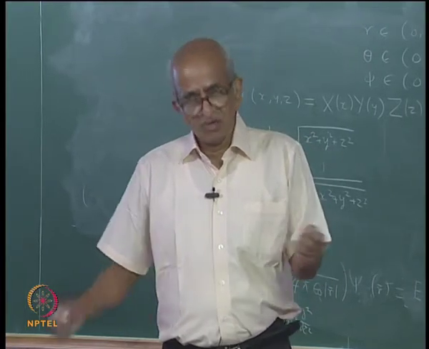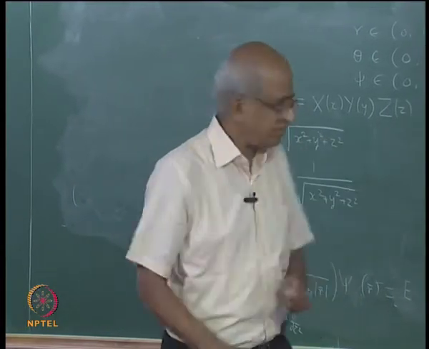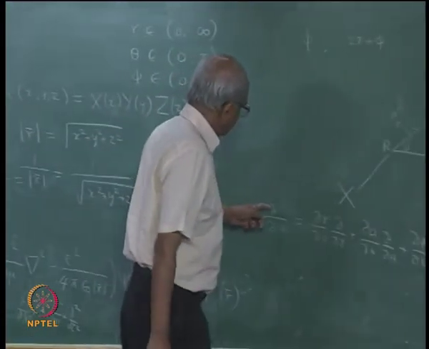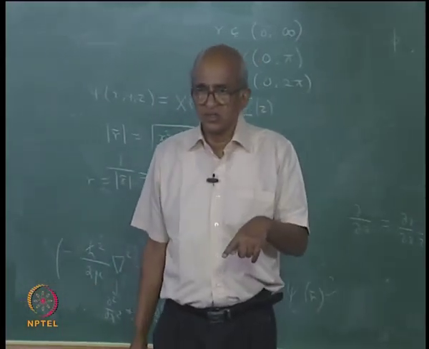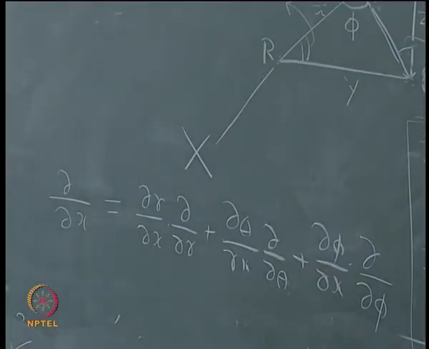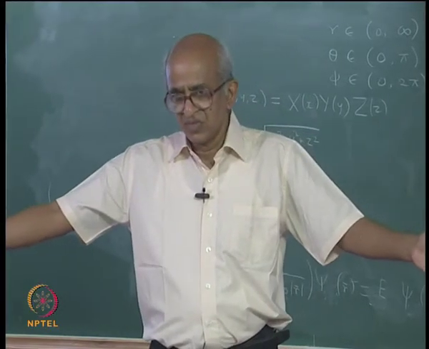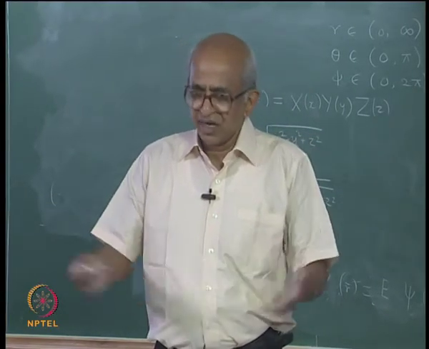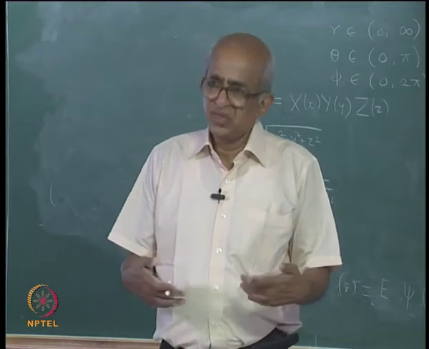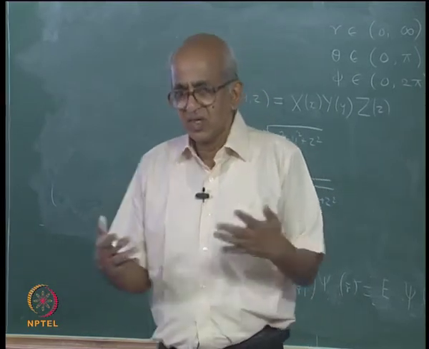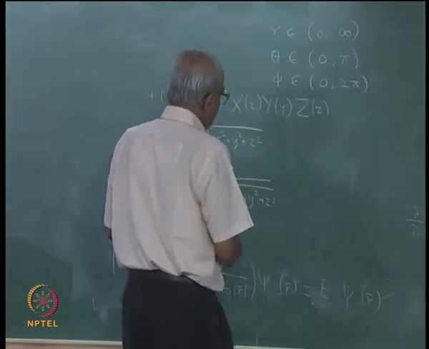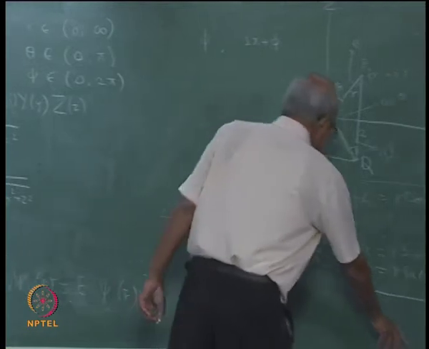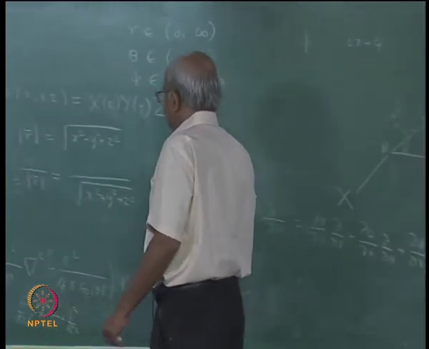So, you will have to do all these things, after which you will have to calculate ∂²/∂x², ∂²/∂y², ∂²/∂z². You can see that it is quite messy, and then you will have to add up all these things. So, it is a fairly lengthy algebra. If one were to do it, it may take 1 hour, but we will not do that, and therefore, you will have to believe me when I say that del square has an expression that I am going to write.